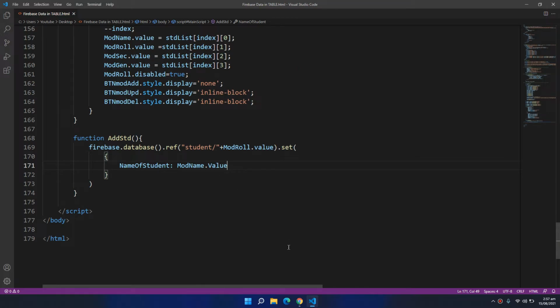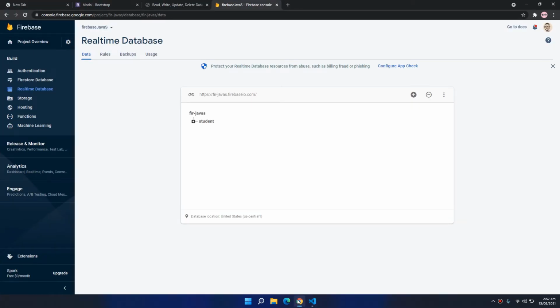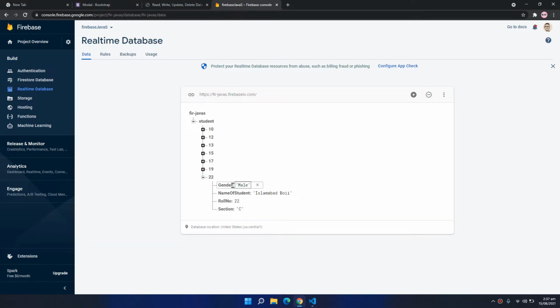So basically the structure of the database is like this. This is the name of the database, and inside this there is information of the student stored by their roll numbers. So if I open any of these, there are 4 fields that are stored within: the name of student, roll number, section and gender.